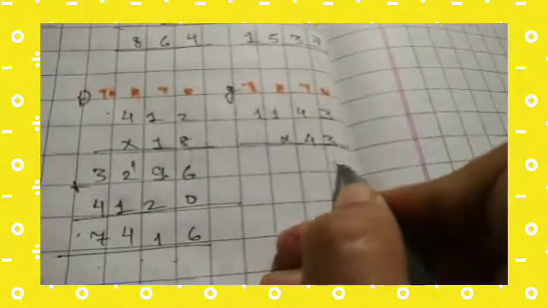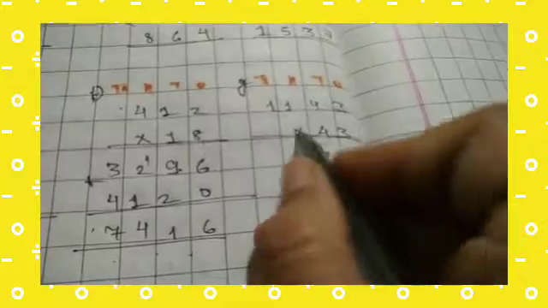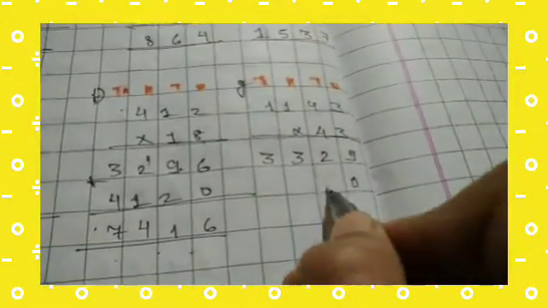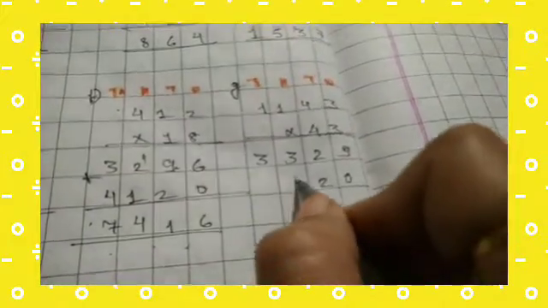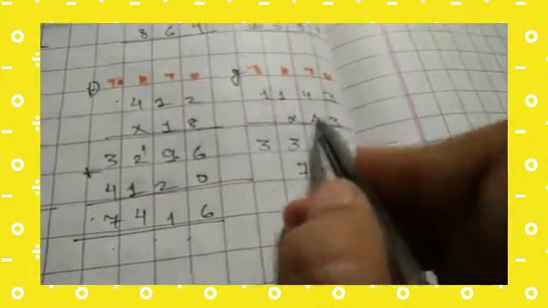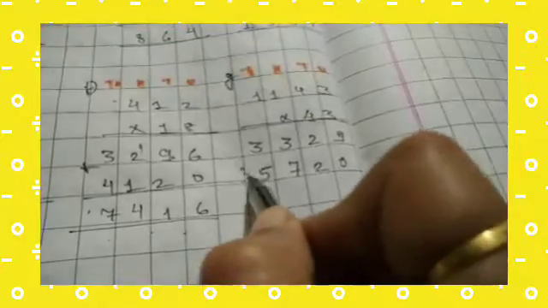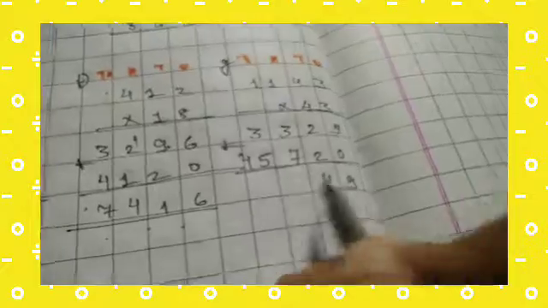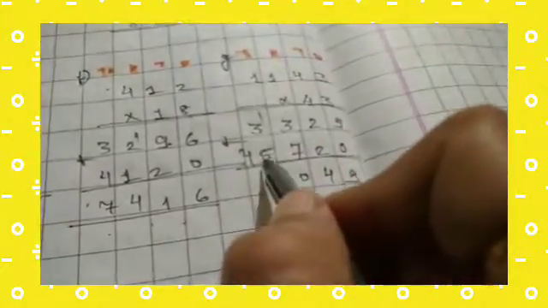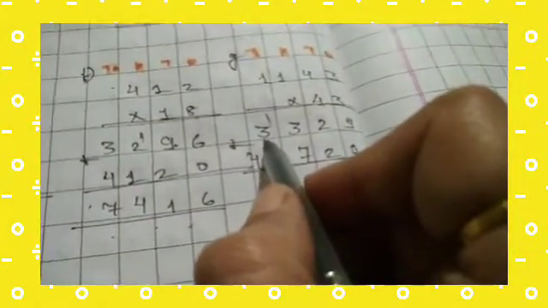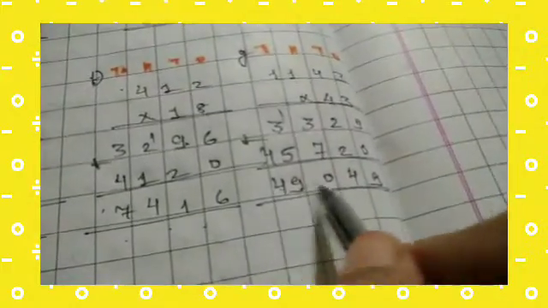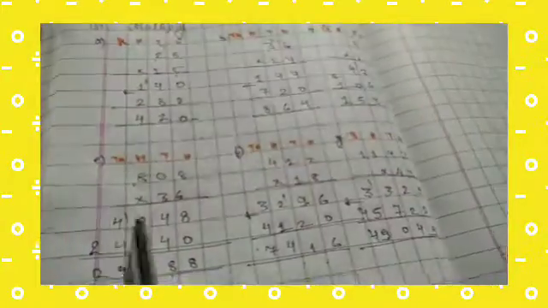Now part G, 3 3s are 9, 4 3s are 12, 2 carry 1, 2 1s are 2 and 1, 3, 3 1s are 3. Now put across a 0, 4 3s are 12, 2 carry 1, 4 4s are 16 and 1, 17. Carry 1, 4 1s are 4 and 1, 5, 4 1s are 4. So add this up, 9, 4, 2 2 4, 7 and 3 is 10, 0 carry 1, 5 and 3 is 8 and 1 9 and 1 4. 49,049. Okay children, so we have done part A, B, C, E, F, G.